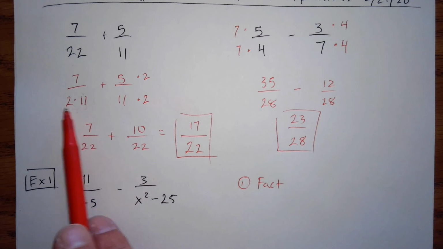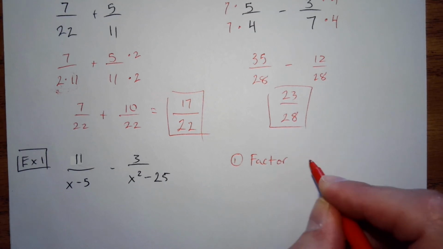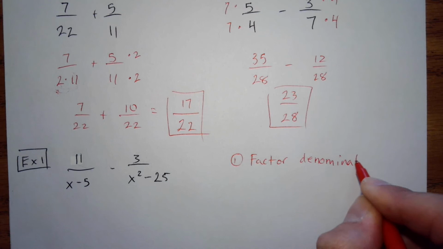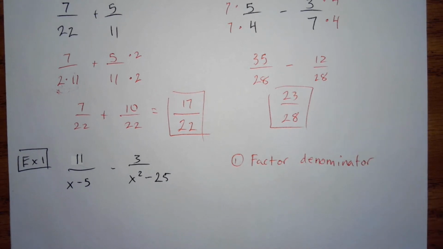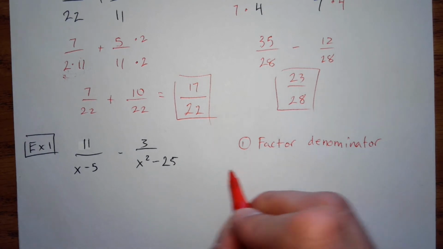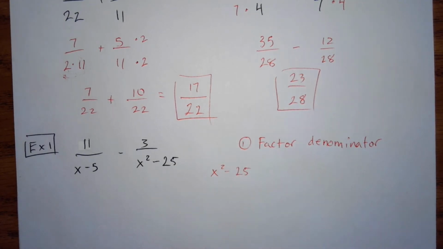We're going to write it like this: something multiplied by something else. So factor the denominator, if you can. So if we had x squared minus 25, since there's a minus in between,